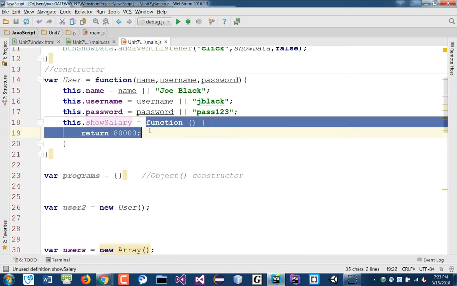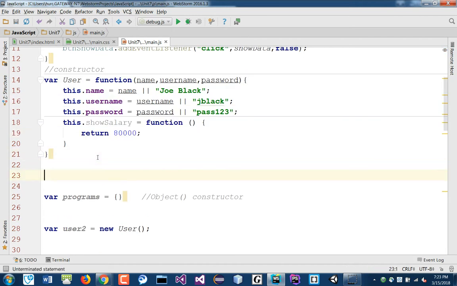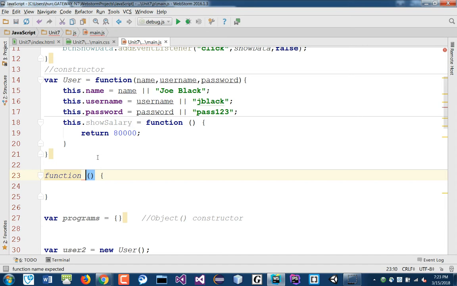You can use the anonymous function, or you can have the function outside of it, a named function, and reference that. Say function calculate or show, just show salary. That's fine. Return maybe like hours times rate, right? You can pass the parameters here if you want. So hour, rate. Okay, then in here I could